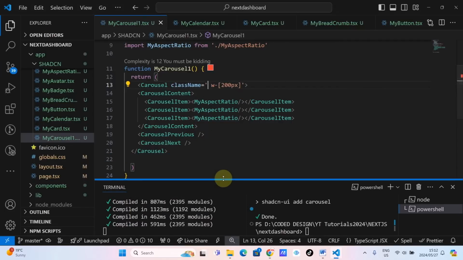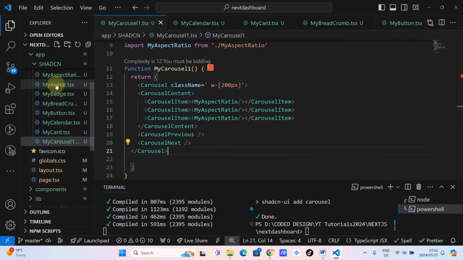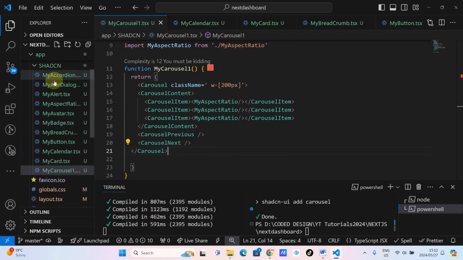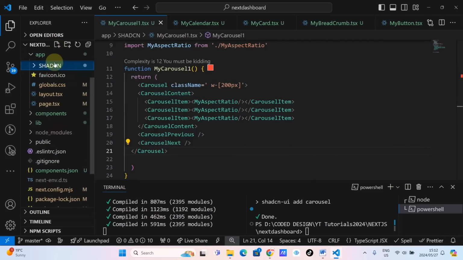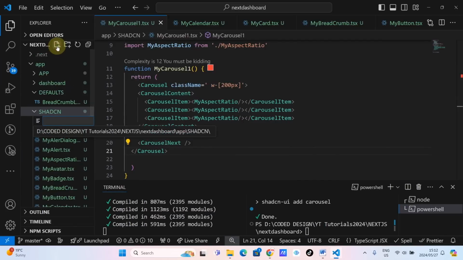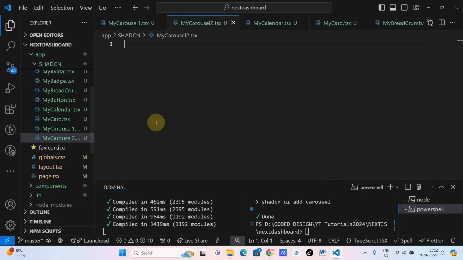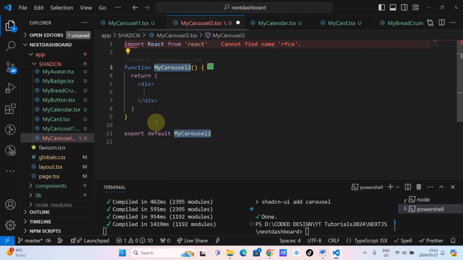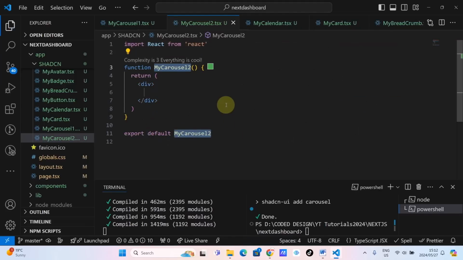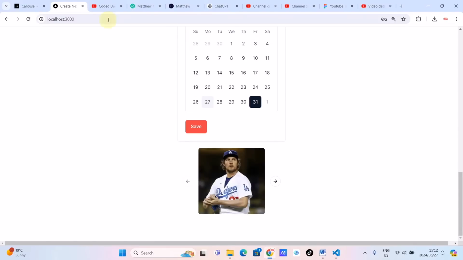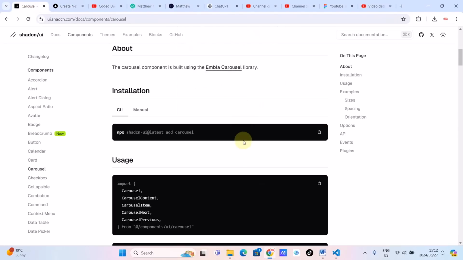So we have won the first one. Go back here. .tsx. All right, my apologies about that. I want to RFCE. All right, looks like we are winning. Go back here, shadcn, and then